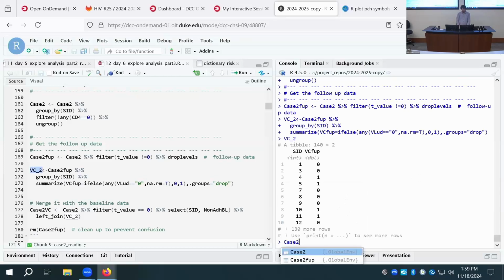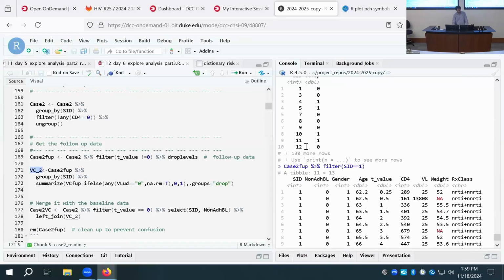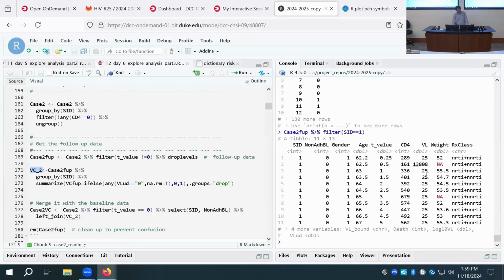So we look at case 2 follow-up, and we'll just filter where SID equals 1. So we can see for this person, while there was a point where they weren't controlling, the vast majority of the time they were potentially controlling their viral load. Well, if we look at, say, SID 11,